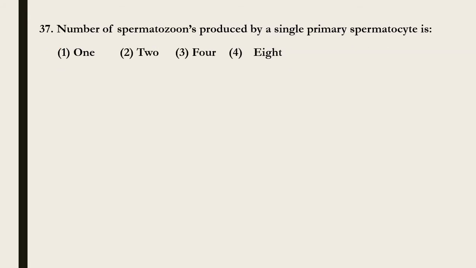Question number 37. Number of spermatozoa produced by a single primary spermatocyte. Options: 1. 1 spermatozoa. 2. 2 spermatozoa. 3. 4 spermatozoa. 4. 8 spermatozoa. So let's see spermatogenesis. We already know that spermatogenesis is nothing but formation of sperms. During that, spermatogonia develop or differentiate to form primary spermatocytes,